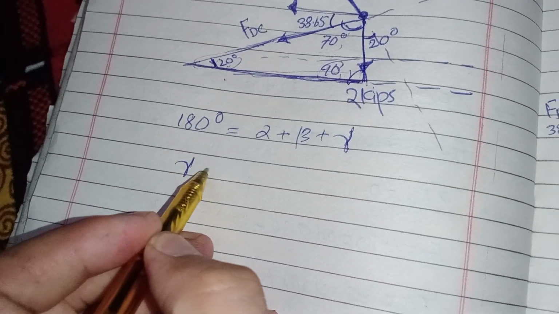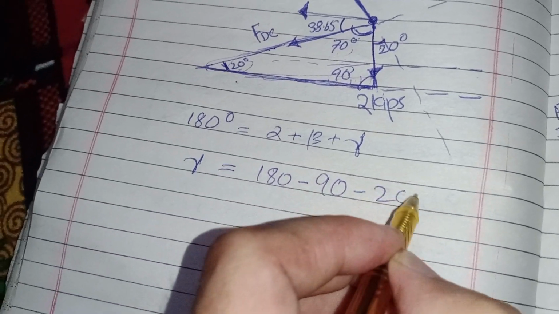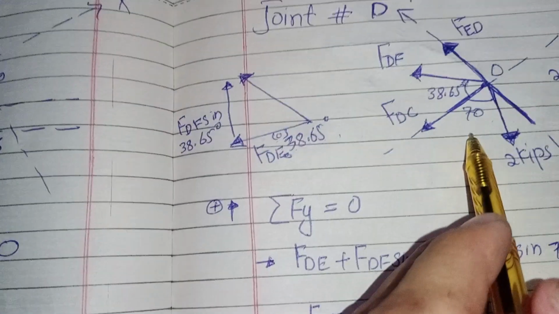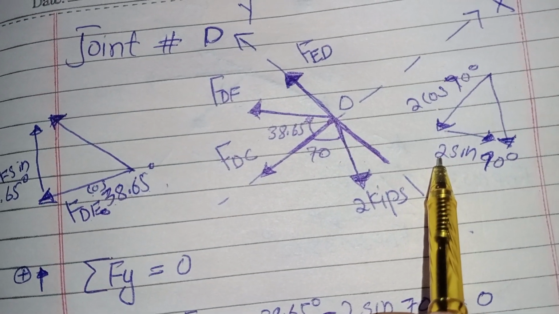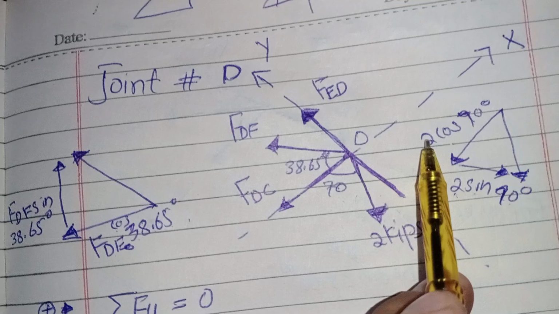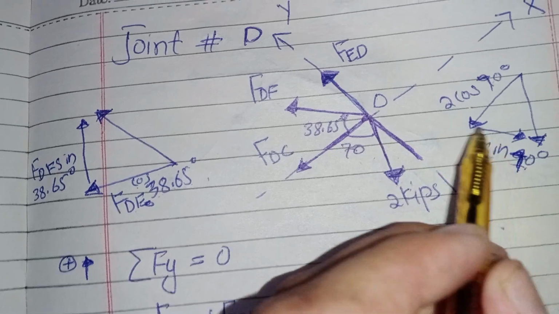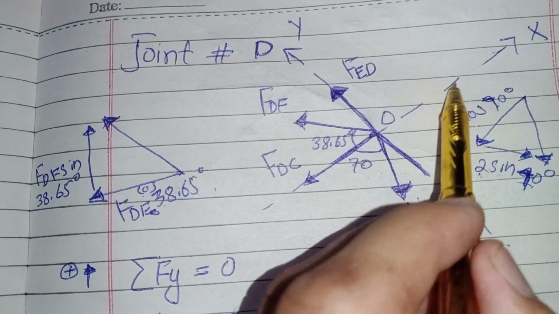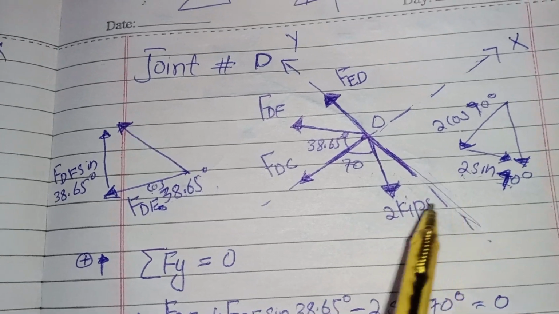So gamma will equal 180 degrees minus 90 degrees minus 20 degrees. So gamma comes out 70 degrees. This angle with the horizontal axis is 70 degrees. So the horizontal component of this load is 2 sine 70 degrees, and 2 cos 70 degrees. This is its horizontal component, which is parallel to this, and this is its vertical component, which is parallel to this. Okay,